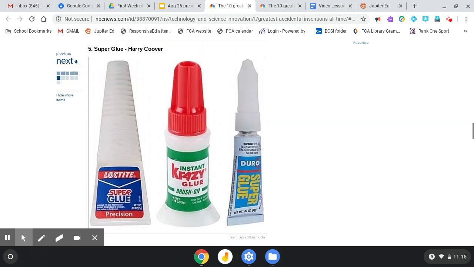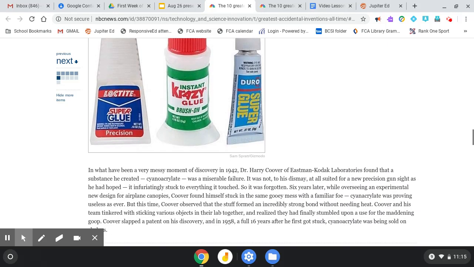Okay, so at first he was super frustrated. He was trying to create a gun sight that you could use to zoom in and be able to shoot guns more accurately, etc. But instead, it was just this sticky stuff that stuck to everything, and it would never come off. Later on, he had a need for something that would stick things together and never come off, and therefore he invented crazy glue